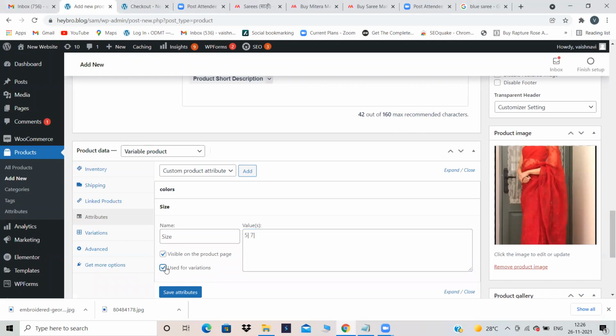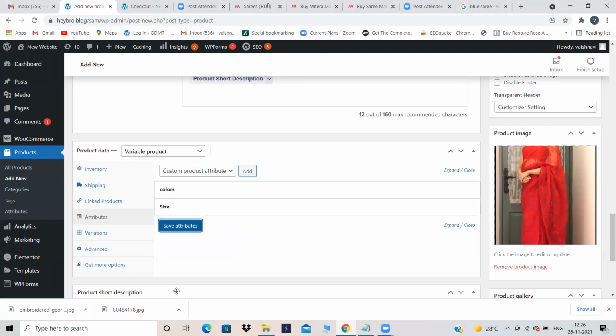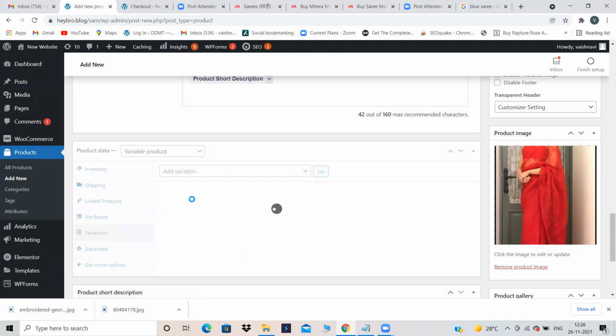Used for variations. Click on save attributes now. Did we add red and blue colors in color? Yeah. Okay. Now go to variations.